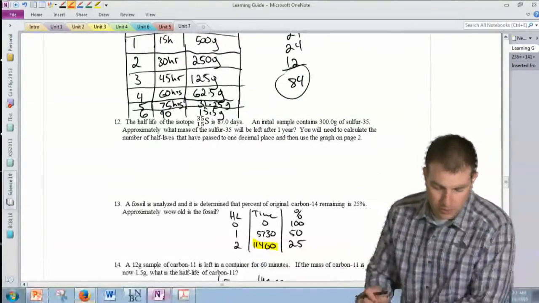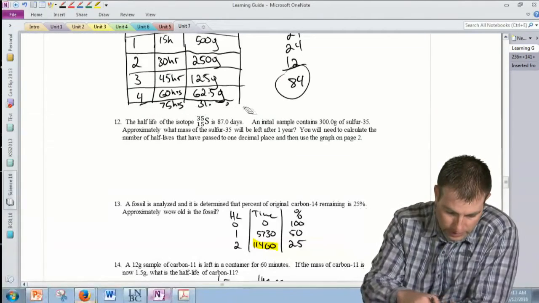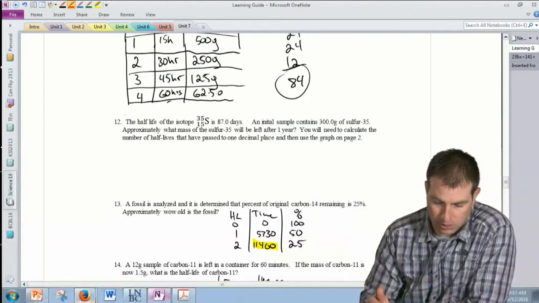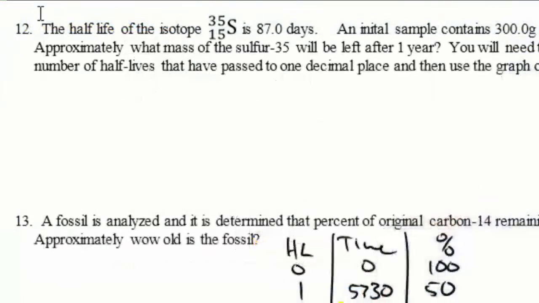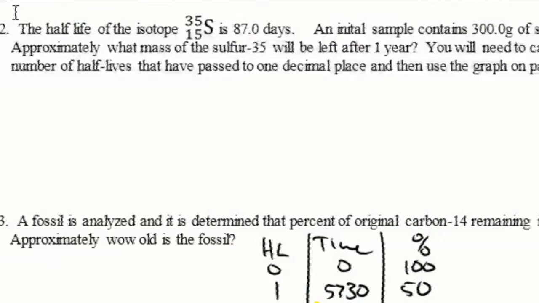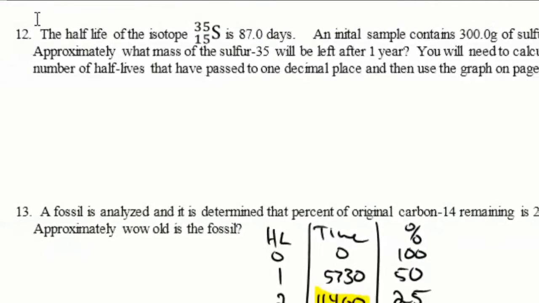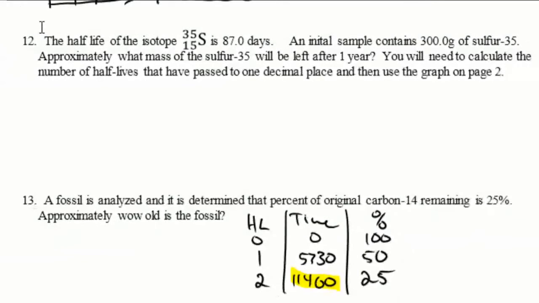All right, the half-life of the isotope sulfur is 87 days. The initial sample contains 300 grams. What mass would be left after 1 year? You need to calculate the number of half-lives passed to one decimal place and use the graph on page 2. All right, so